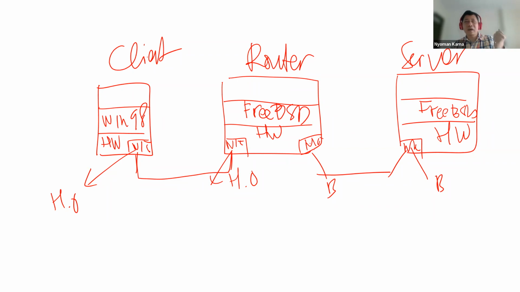So the client will have the IP address of a host only, and the router will be its gateway. Remember, whenever a client wants to access the outside world, it will need its own IP address and also its MAC address. And the last one is the IP address of the gateway, because every time I want to access the outside world, I have to send these packets to the gateway and then expect a return from the gateway itself.